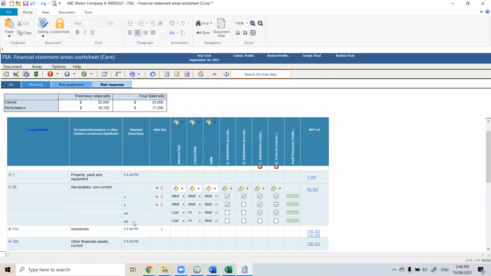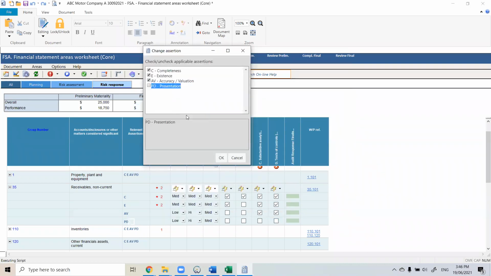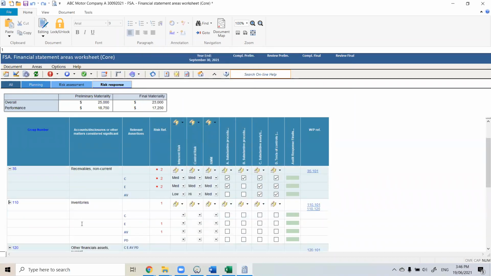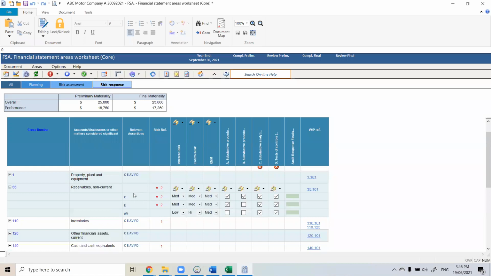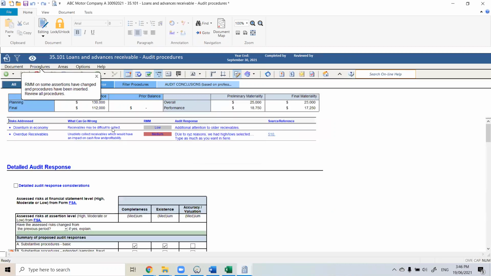I can also choose to deactivate it. This is really important because if I choose to deactivate by right-clicking and going change assertions, for receivables, I'm telling Caseware we don't need presentation. That will hide. Everybody else still has presentation. You still need to test for presentation in inventory and all the other areas. But for receivables, I said, yep, we don't need presentation because I made a decision here. When I now reopen that same audit procedure work paper, see how it says optimizing. This is where Caseware